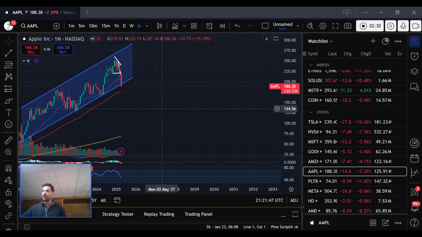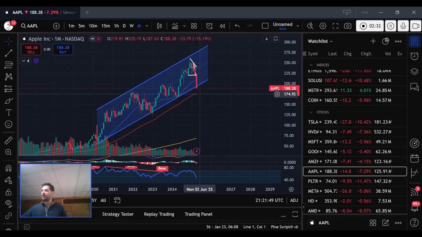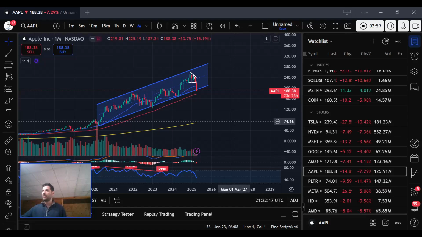So on a monthly chart of Apple, the 50-day moving average is at 177. So on a weekly chart, it's the 200-day moving average. On a monthly chart, it's a 50-day. Now, this is the last bit of support, I would say, this area right here. If Apple continues to weaken from here, the next move down, really, you're going to see it down to 129, 130 area first. And if things get really, really bad, you're going to see Apple down below 100 points.